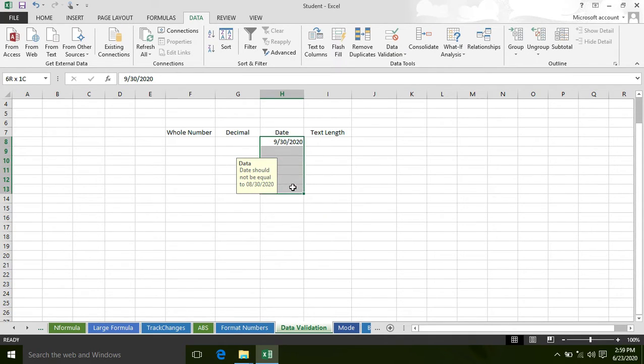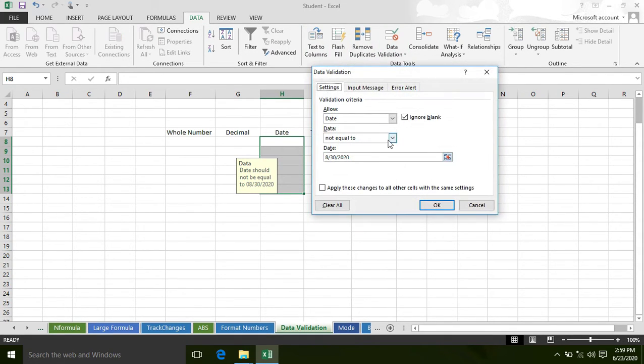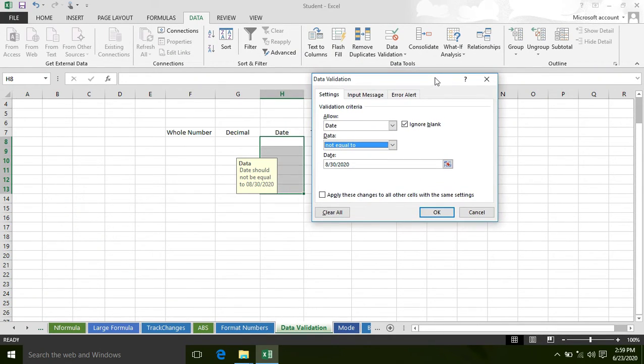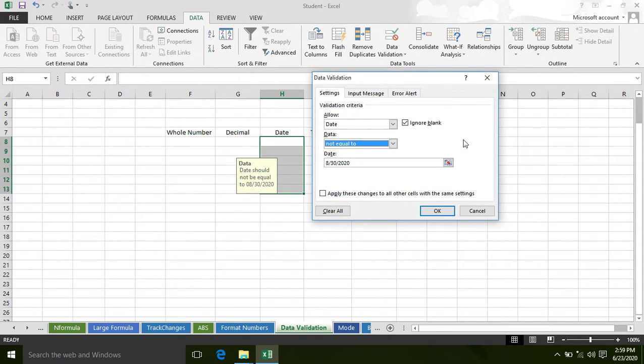So students, you can apply different criteria here regarding date: not equal to, greater than, equal to, less than. You can apply these criteria on your data, or with a date.